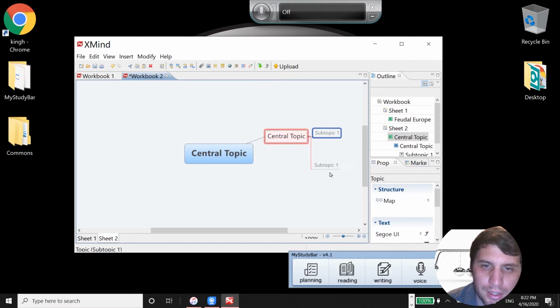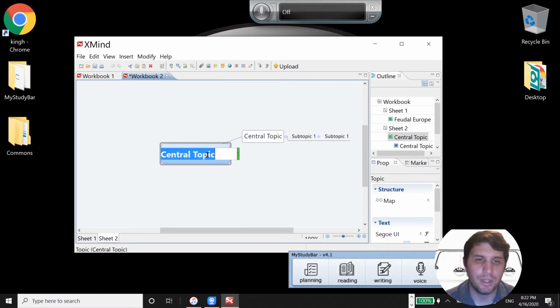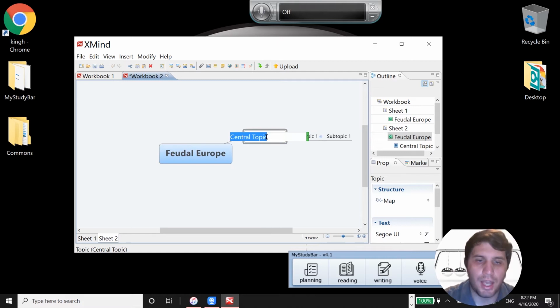So here, for example, is a subtopic, and as you can tell, this subtopic can have another subtopic. Let's see here. So it's like branching. That's the idea of mind mapping, is you're taking something that's a central idea. So in this case, it was the feudal Europe idea, and you say Western Europe,